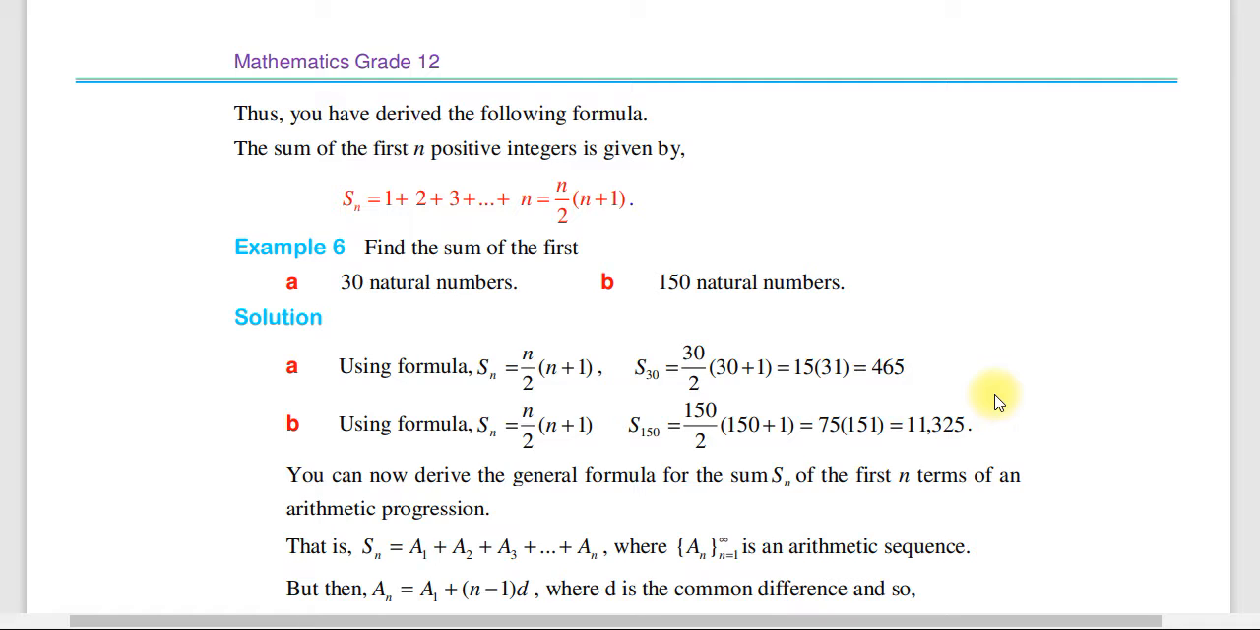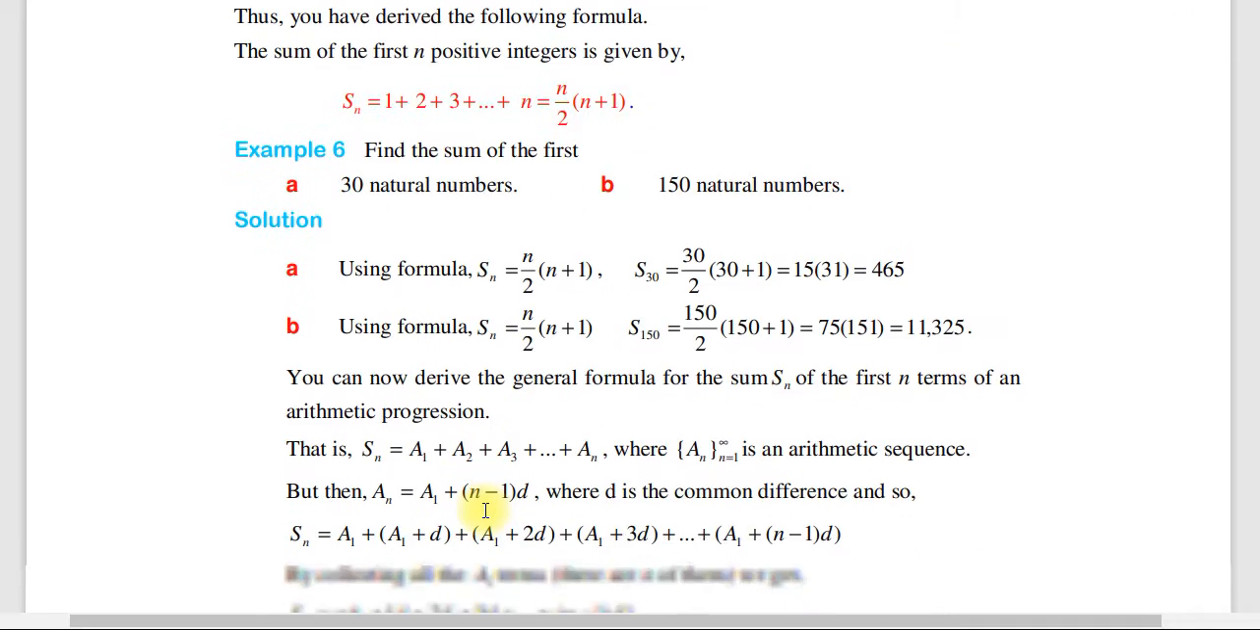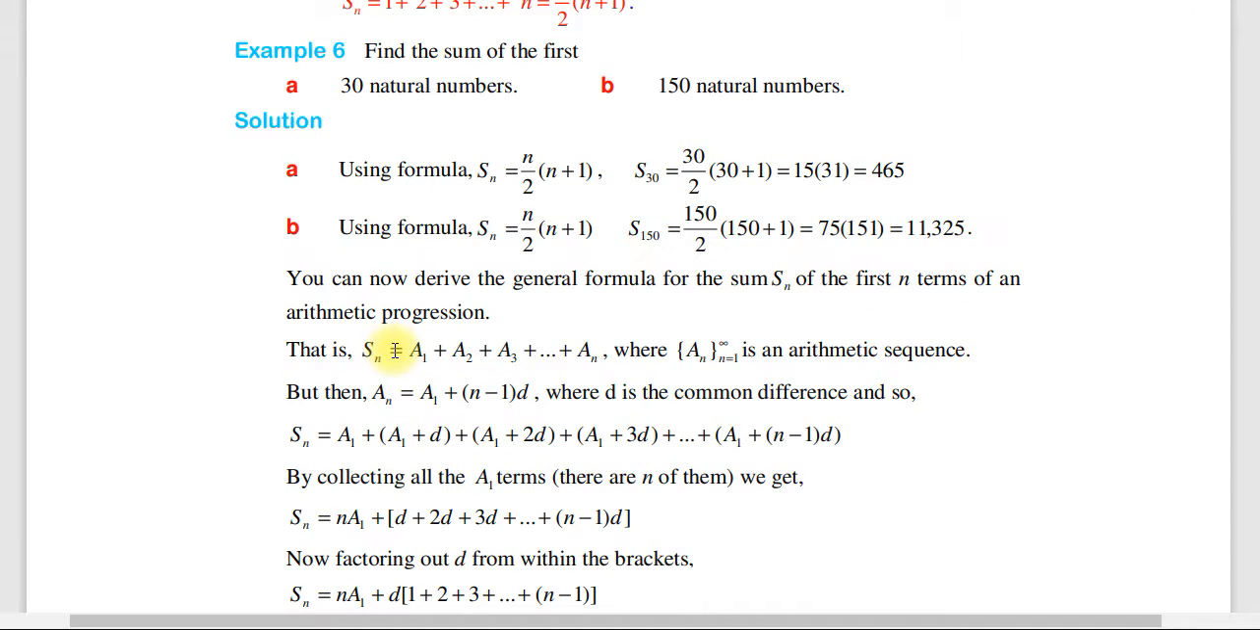ስለዚህ ይህን ፎርሙላ ተጠቅመን the first n ተርሞችን ሰም ማድረግ እንችላለን ማለት ነው። You now derive the general formula for the sum Sn of the first n terms of an arithmetic progression. That is Sn is equals to a1 plus a2 plus a3 plus an, where n starts from 1 up to infinity, an arithmetic sequence ነው ብንለው